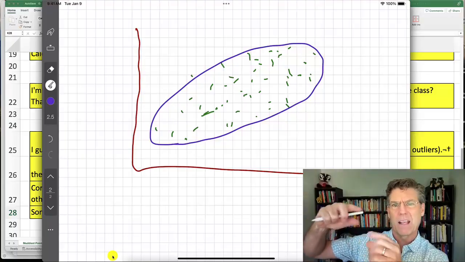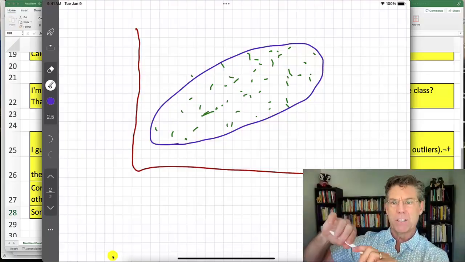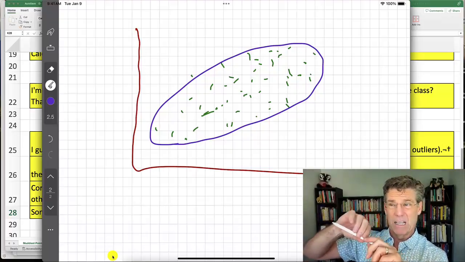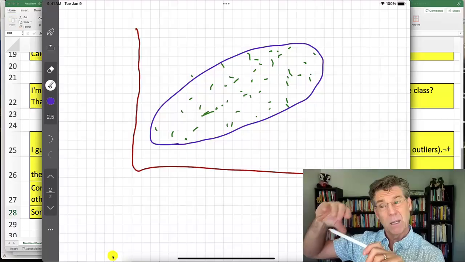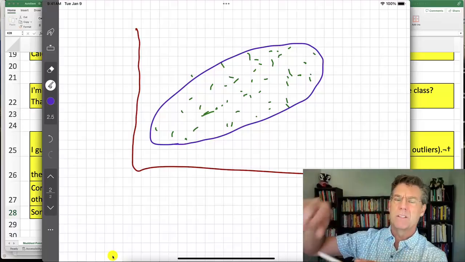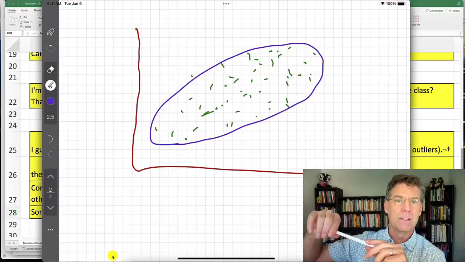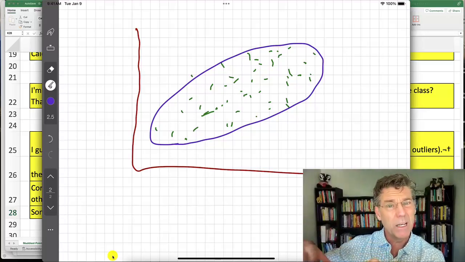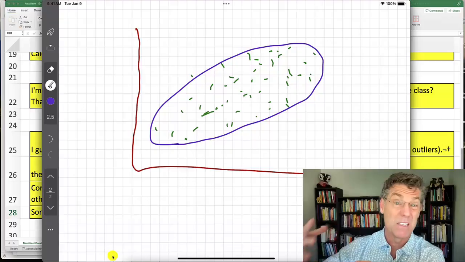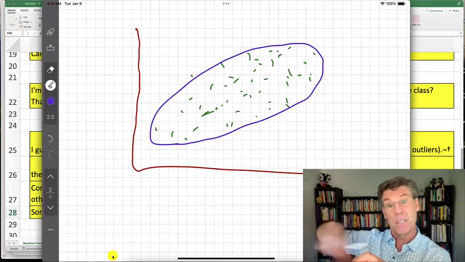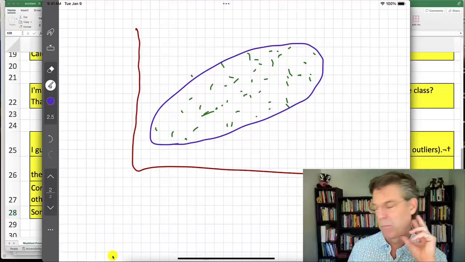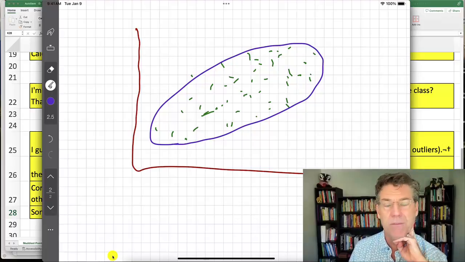So we can kind of think, if it's a straight line, perfect correlation. If it's more like a pencil, then it's very, very strong. If it's more like a cigar, then it's again pretty strong. If it's more like a fat cigar, then it's strong. And then if it's more like a football shape, then we're getting weaker. And if it's more like a rugby ball, then it's even weaker still. And if it's a beach ball, then there's no correlation. So right now we would say this is a moderate to probably a strong positive correlation.